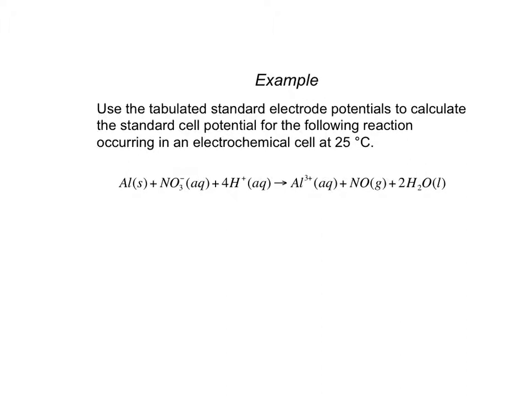So let's say we have a reaction where we have aluminum reacting with nitrate and some protons going to make aluminum 3+, NO, and water, okay? This is a redox reaction, and it has the potential, again, to generate electrical energy if we made a nice little voltaic cell that utilized the two half reactions that were present in this overall redox reaction. So what we're going to do now is calculate the cell potential that could be generated utilizing